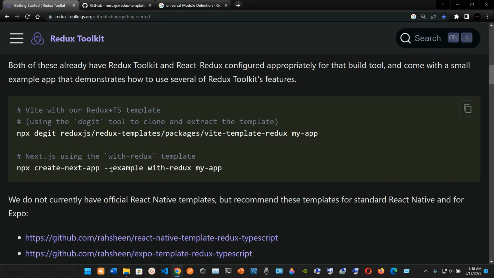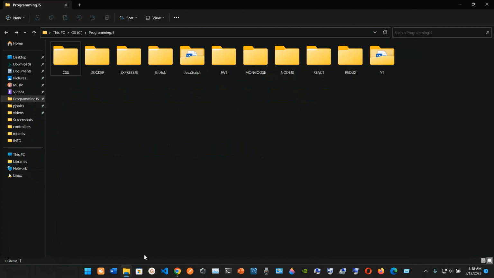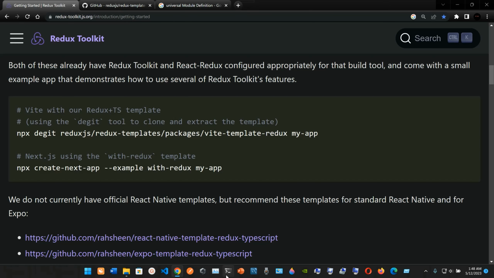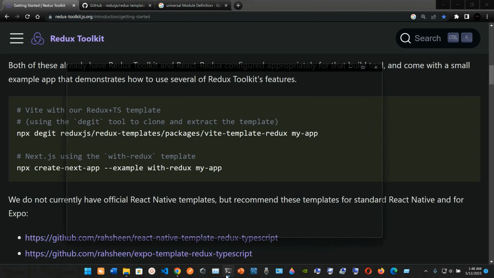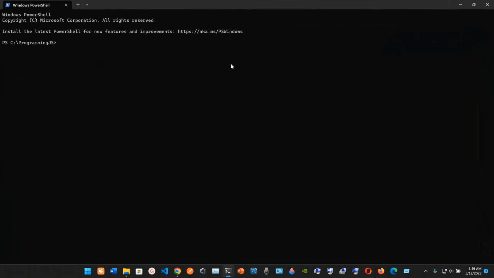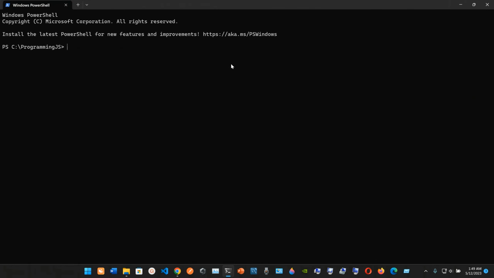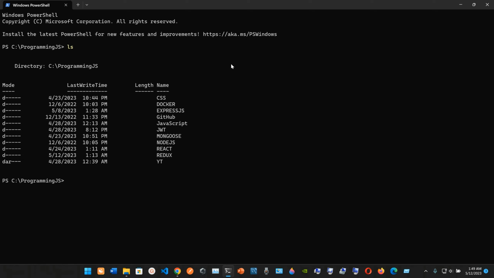So right now I have a folder here. This is my programming.js folder, and I already have it connected to my terminal. So if I enter to my terminal, I'm gonna make it bigger, and I'm gonna type in ls, and let me see, I have it in cd, and it was Redux, okay. So I'm gonna go into Redux,